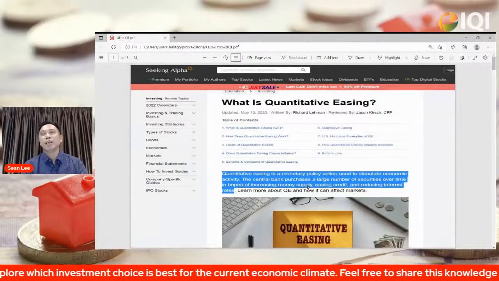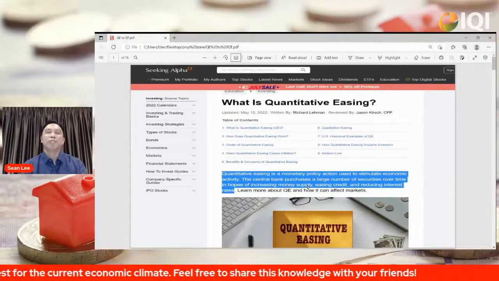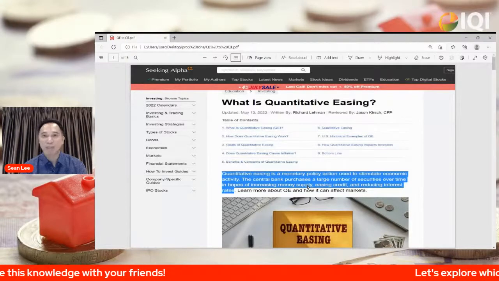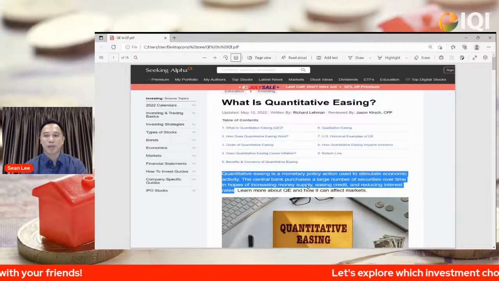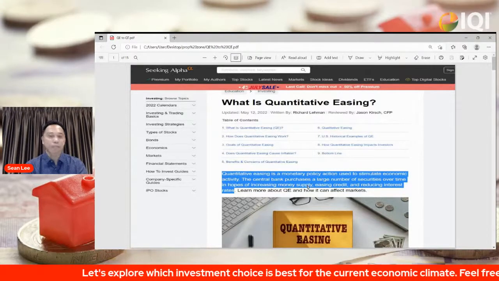I think many of us still remember this is the biggest money printing, or money supply increase, that we have never seen before, just less than 2 years ago. I think last year itself, the US printed about 40% of all the money they have ever printed, just in a year.